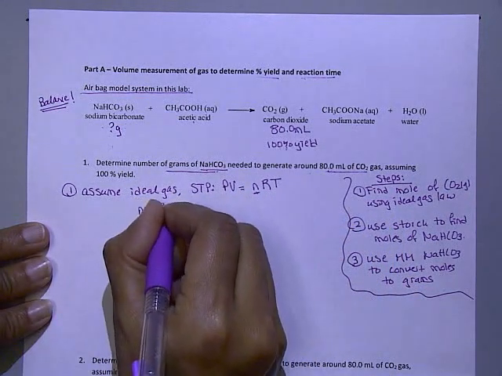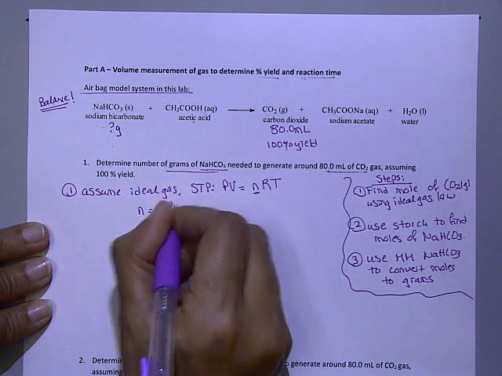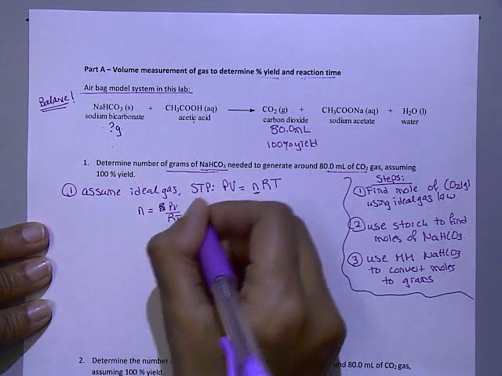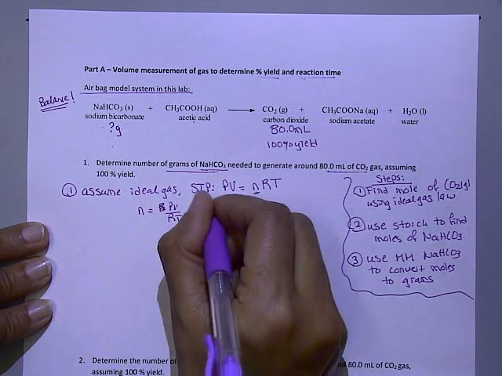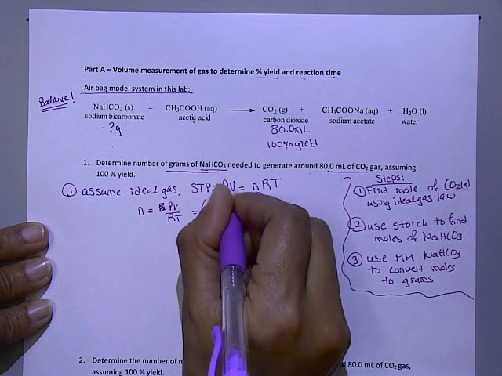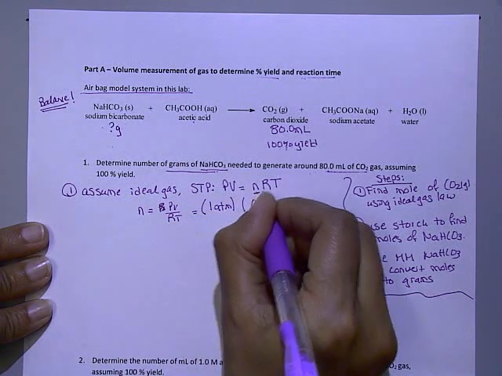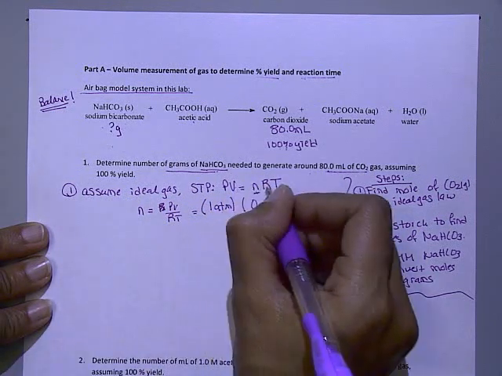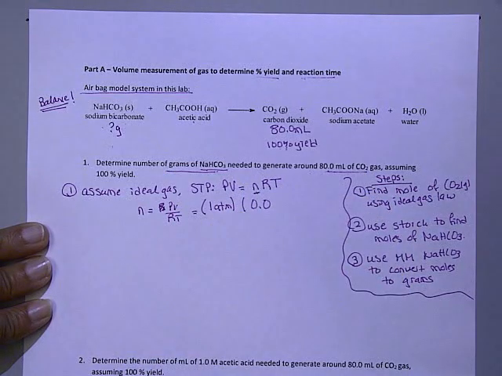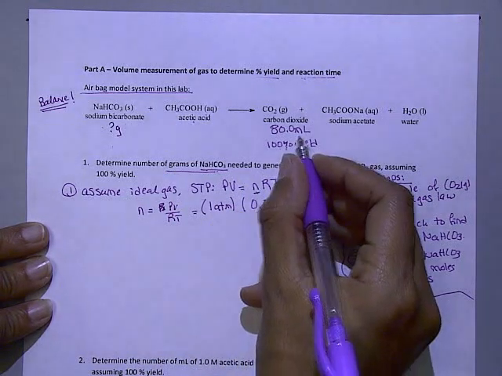So when we do that, we get PV over RT. Now let's plug in everything that we have. Standard temperature and pressure is 1 atmosphere times our volume, which has to be in liters because our ideal gas law constant is also in liters. So convert this to liters,